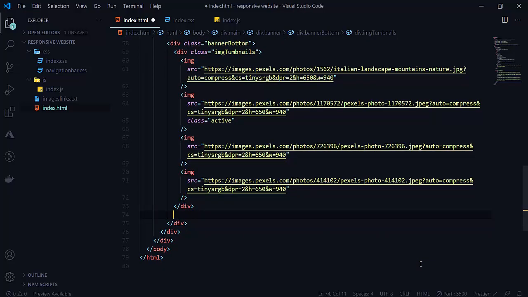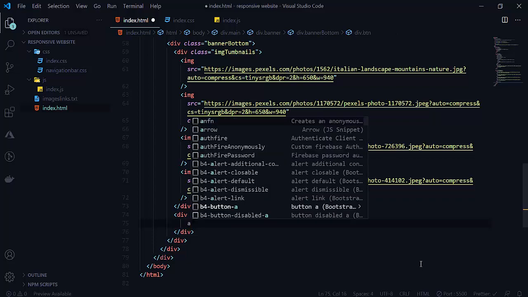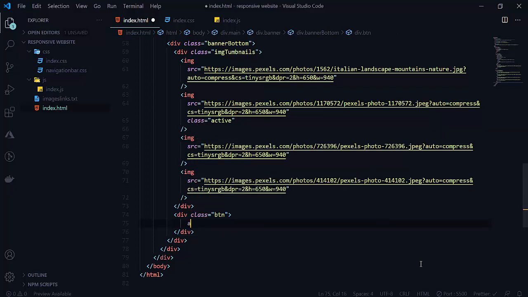So after that here we want only a button here. So here will be our button, an A for read more.